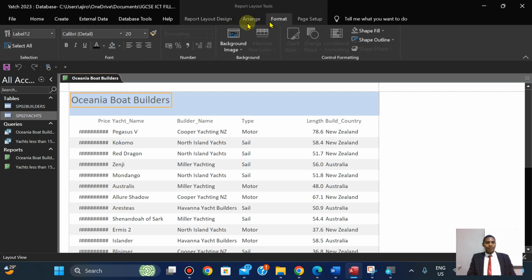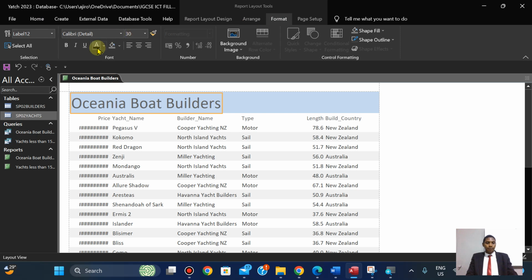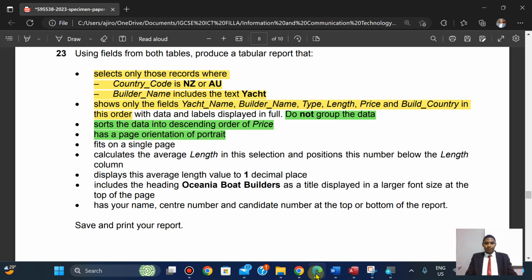click format, and click 30 right here, and I'm going to hold it. Okay,